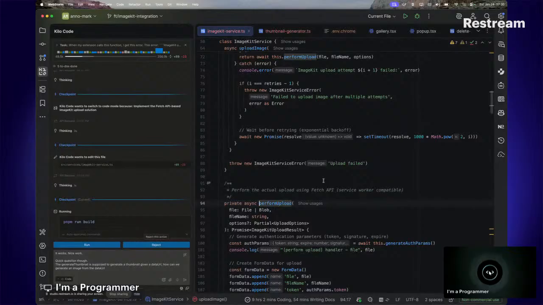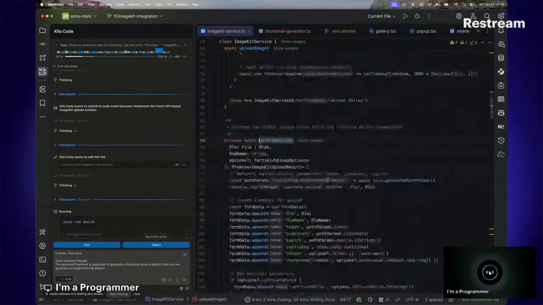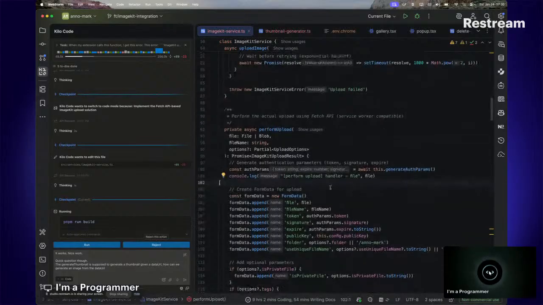All right, so let's try this. We have the perform upload function here. Generate all params, it works. Form data, it works. The file is being passed. Yes, my issue here is still with the file. I feel like the file is not right. Maybe that works except for the file. So I'm just going to say this. I'll say,